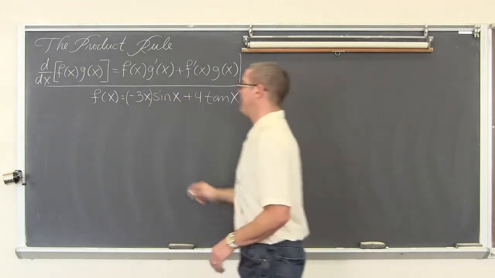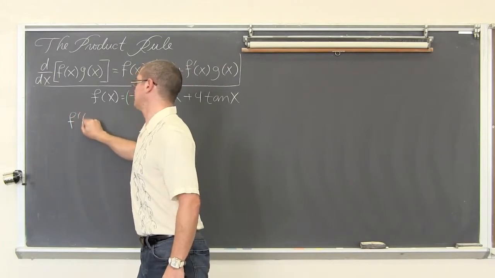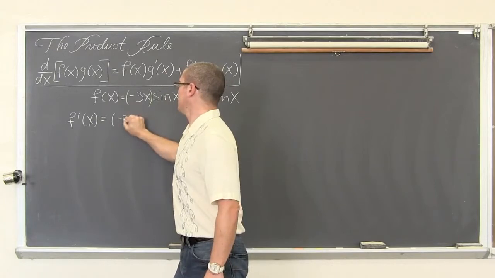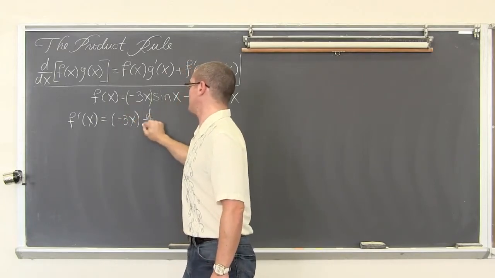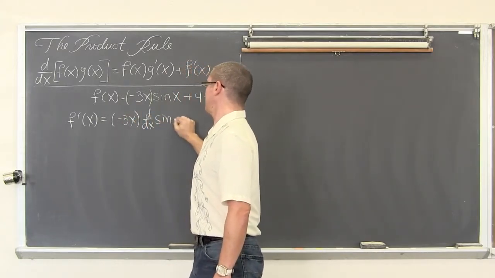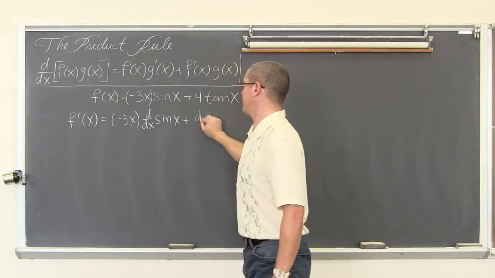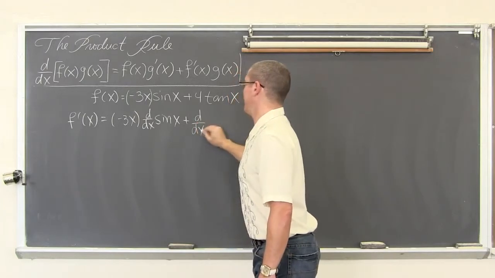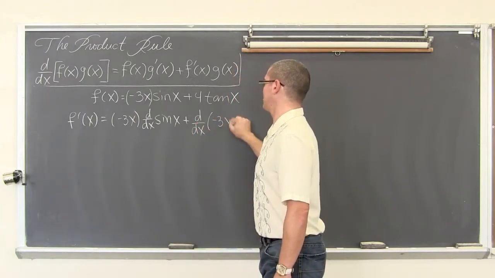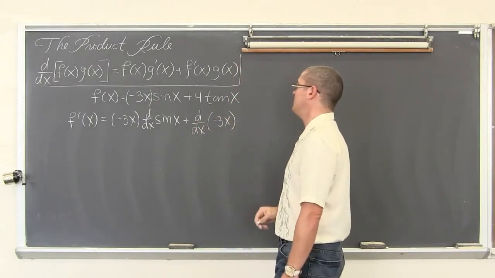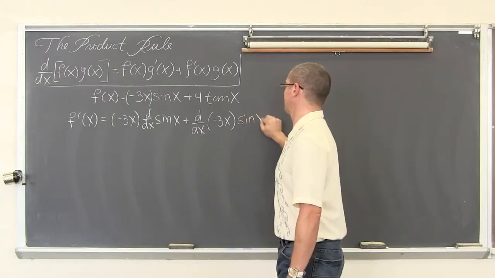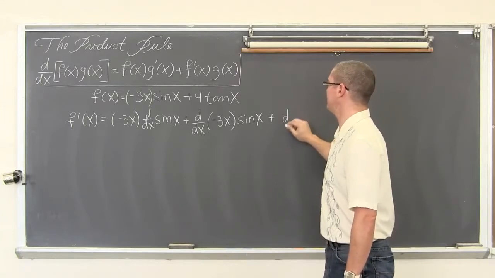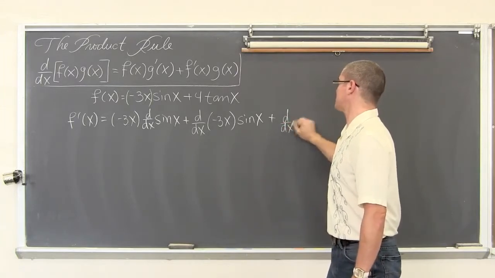So f prime of x, or the derivative of f of x, is equal to negative 3x times the derivative with respect to x of the sine of x, plus the derivative, using the product rule here, with respect to x of negative 3x, sine x, plus the derivative with respect to x of 4